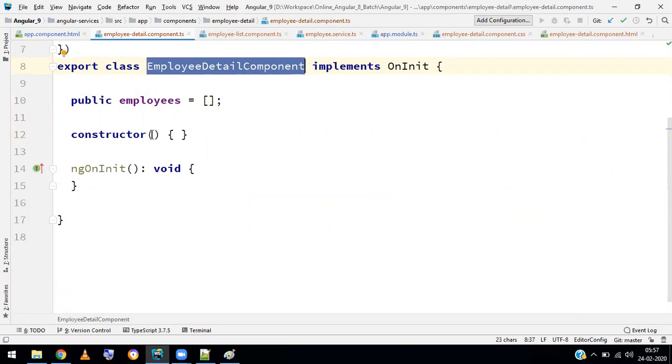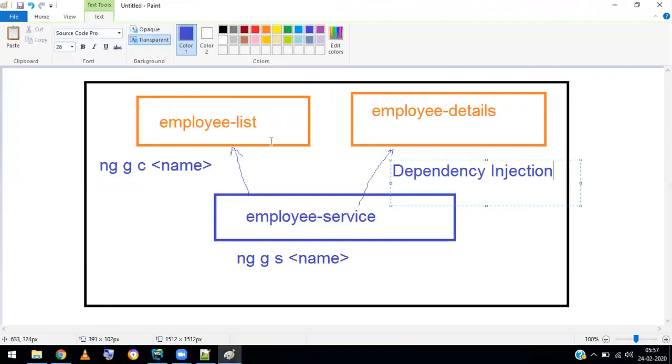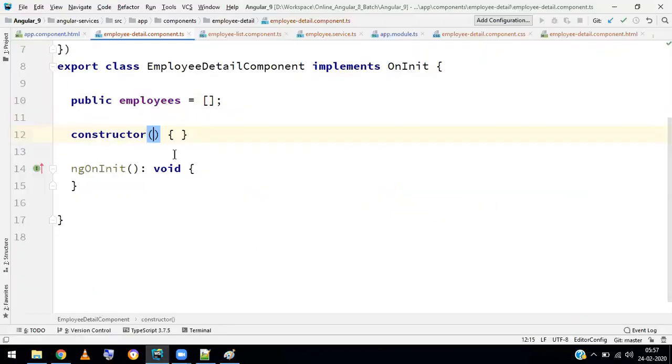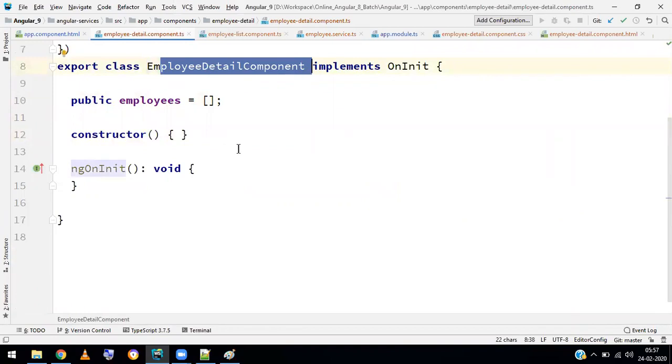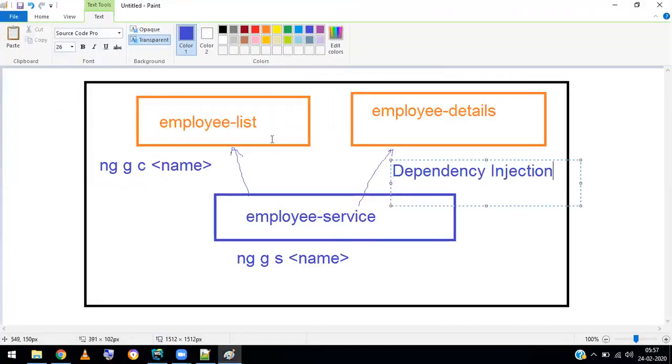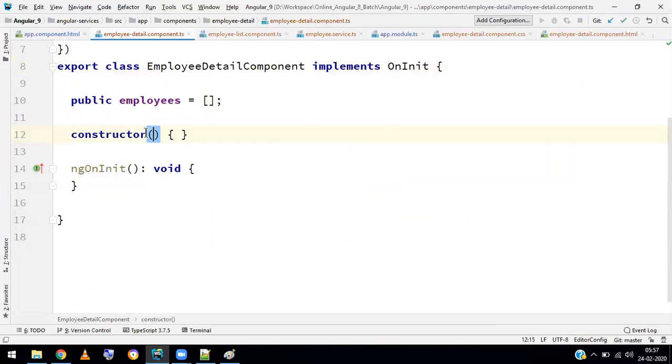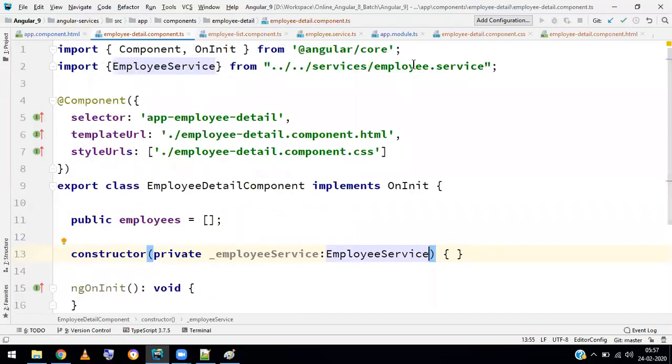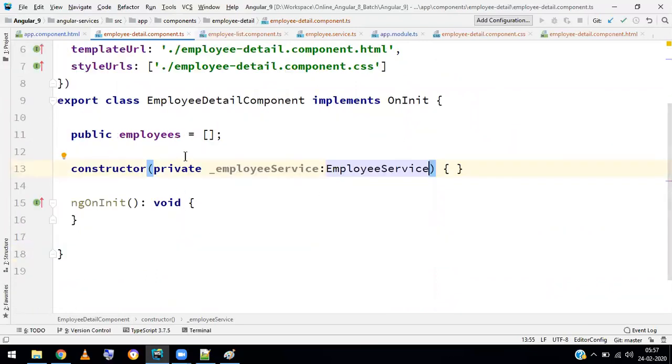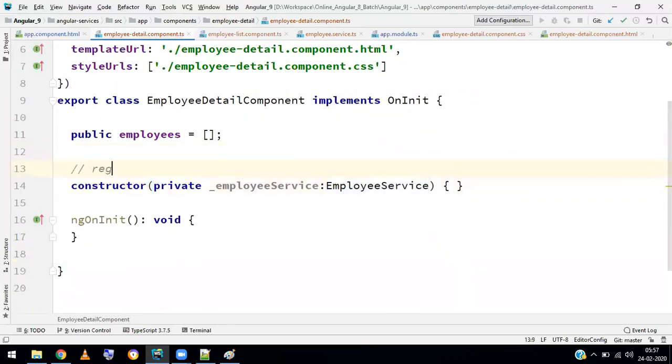Okay, so here in the constructor you have to register the employee service, because this employee details component is dependent on the employee service. So you have to register this service in a constructor. How you do that is you can take a private variable, let employee service of type employee service. So it gets imported from the service. Yeah, so this is how you register a dependency